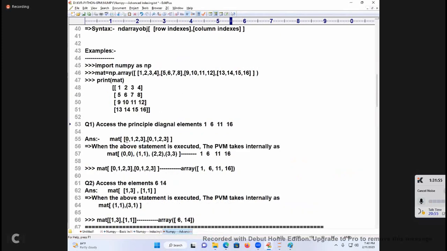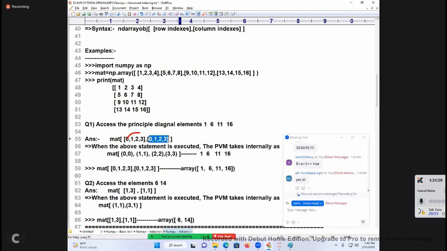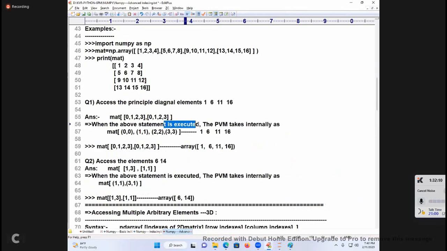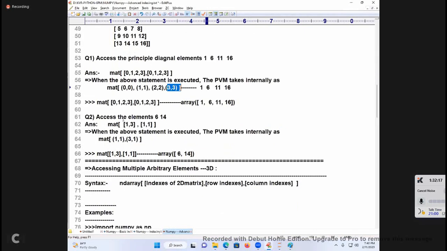Next, see, what is this? 0, 1, 2, 3, 0, 1, 2, 3. I am giving in detail here: 0, 0, 1, 1, 2, 2, 3, 3. I wrote these elements. When the above statement is executed, PVM takes it internally as 0, 0, 1, 1, 2, 2, 3, 3. Same thing here also, like this.